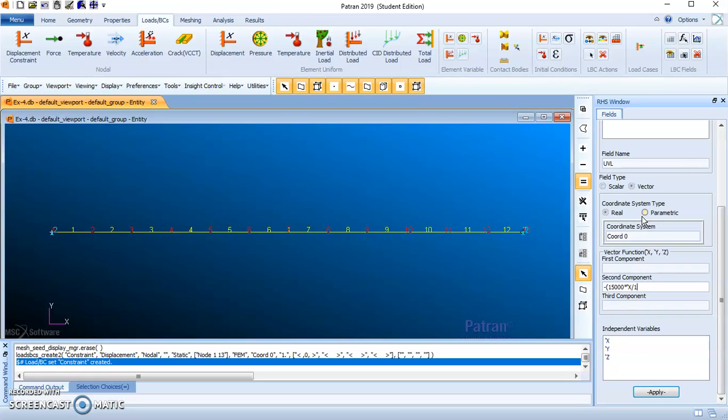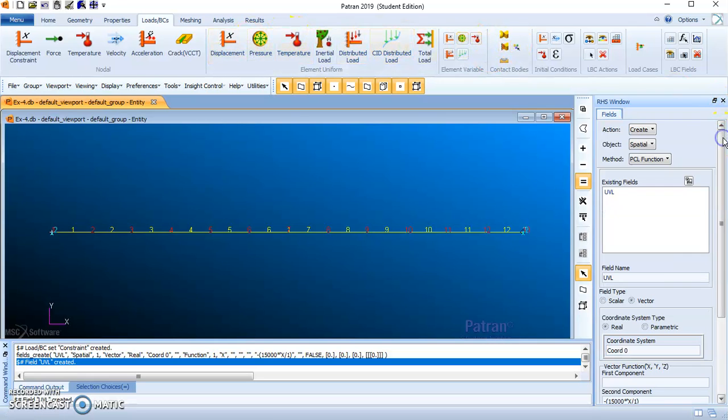So that is 1 meter. It is minus within the brackets load into the length variation, that is x parameter, divided by the length upon which UVL is acting. If it is 2 meters, 2 meters. Here it is only 1 meter. The UVL is acting over a distance of 1 meter. So 1. Click apply. So UVL is created field.